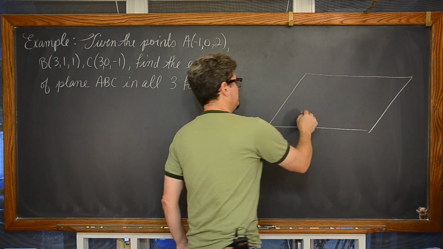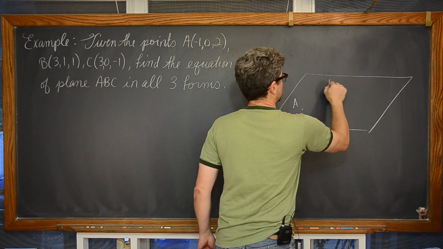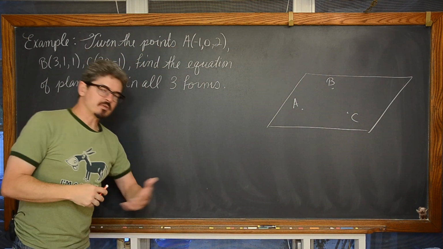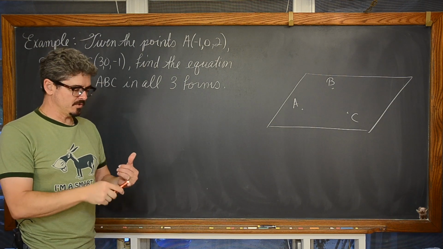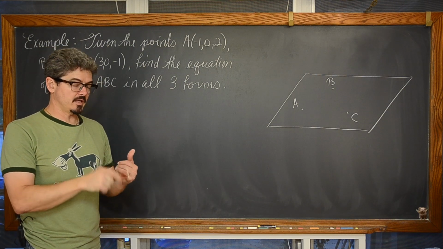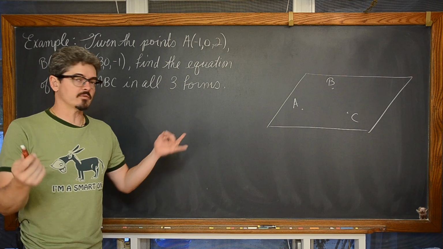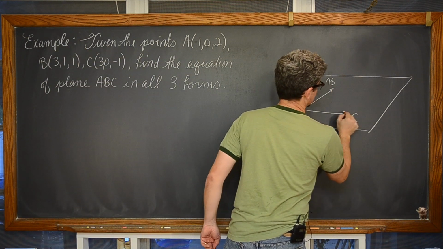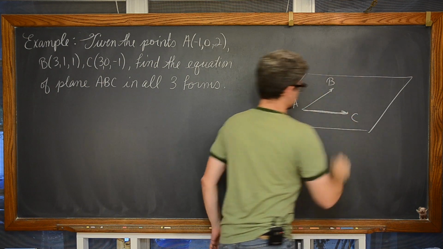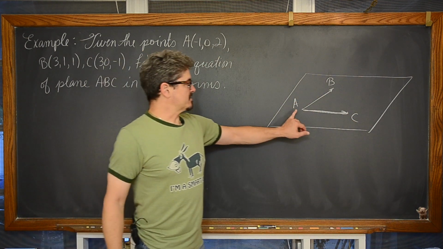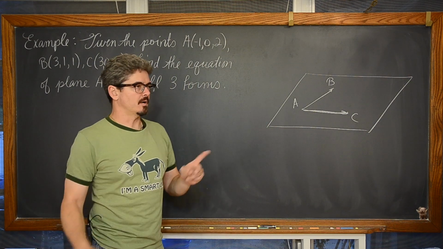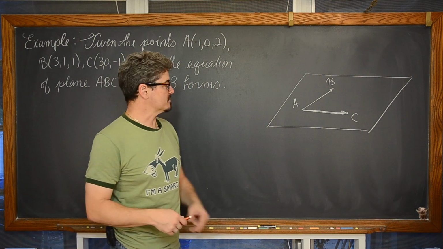Somewhere there's a point A, B, and C, and remembering the conditions that we just went over, we need two non-collinear vectors in or parallel to the plane and one given point. Well, we're going to pick one of these 3 points, and just because it's in alphabetical order, I'm going to say A, and we're going to find vector AB, we're going to find vector AC, that's going to be our two non-collinear directional vectors.